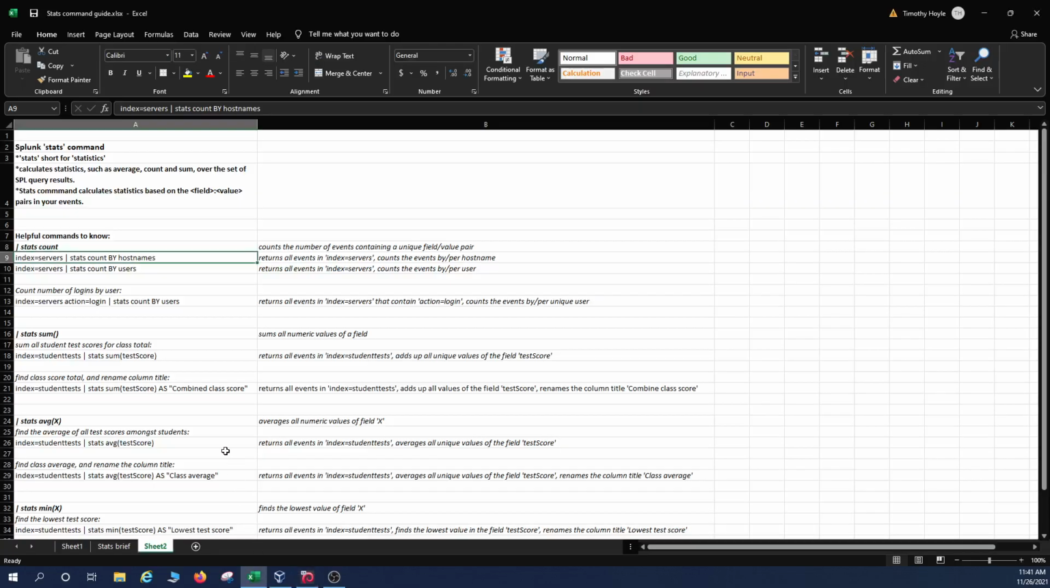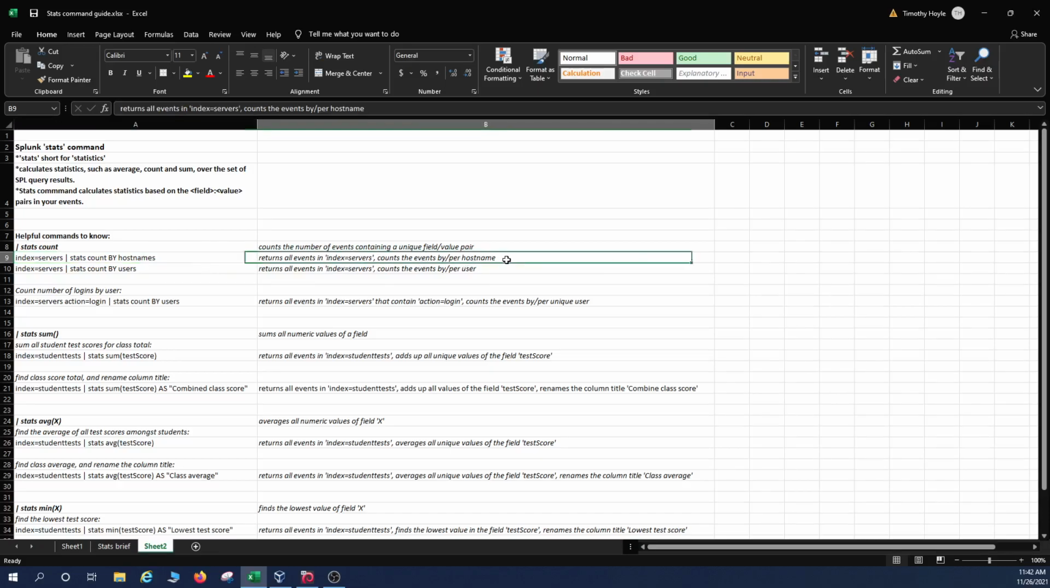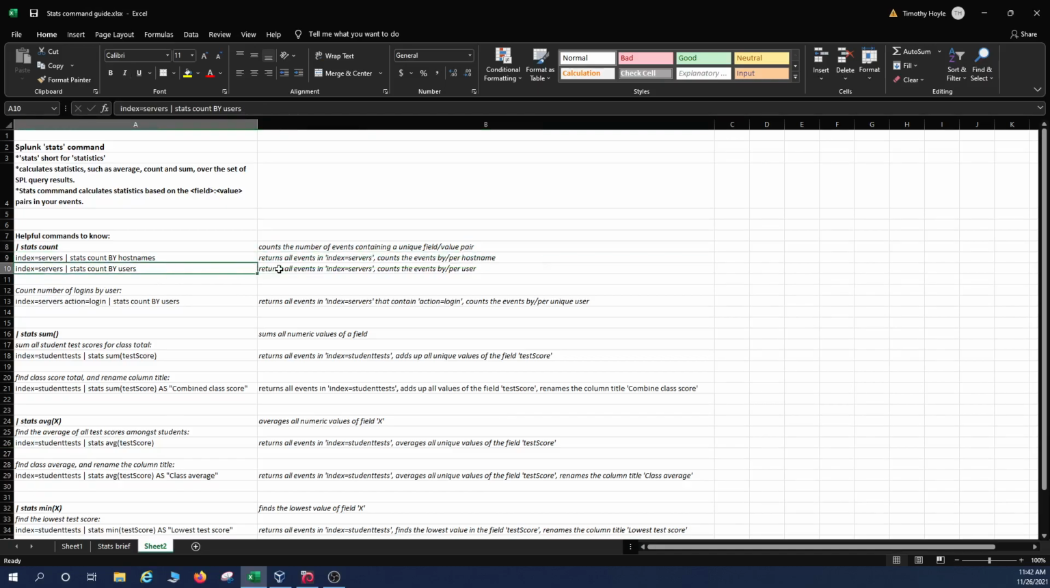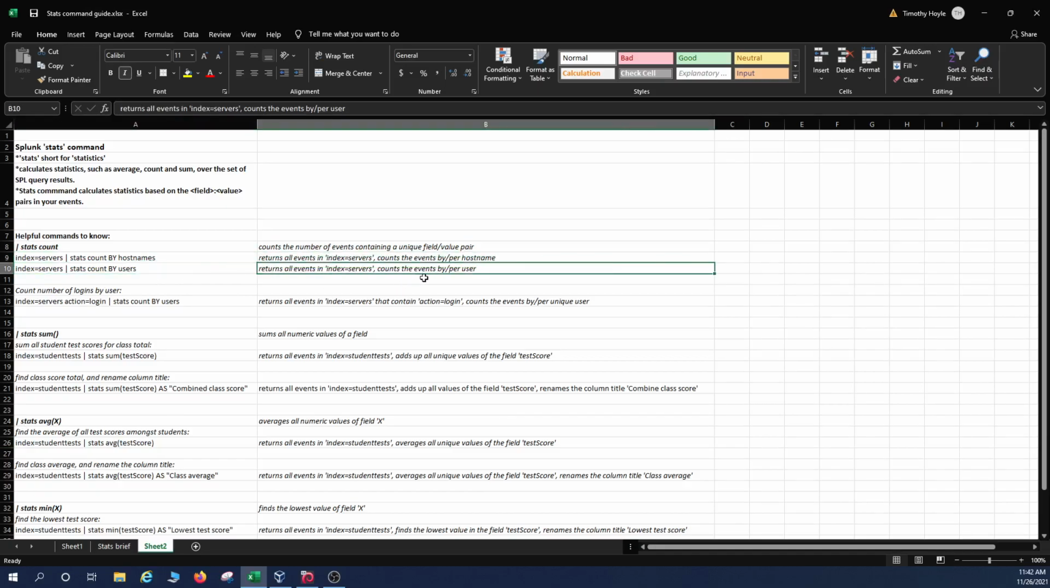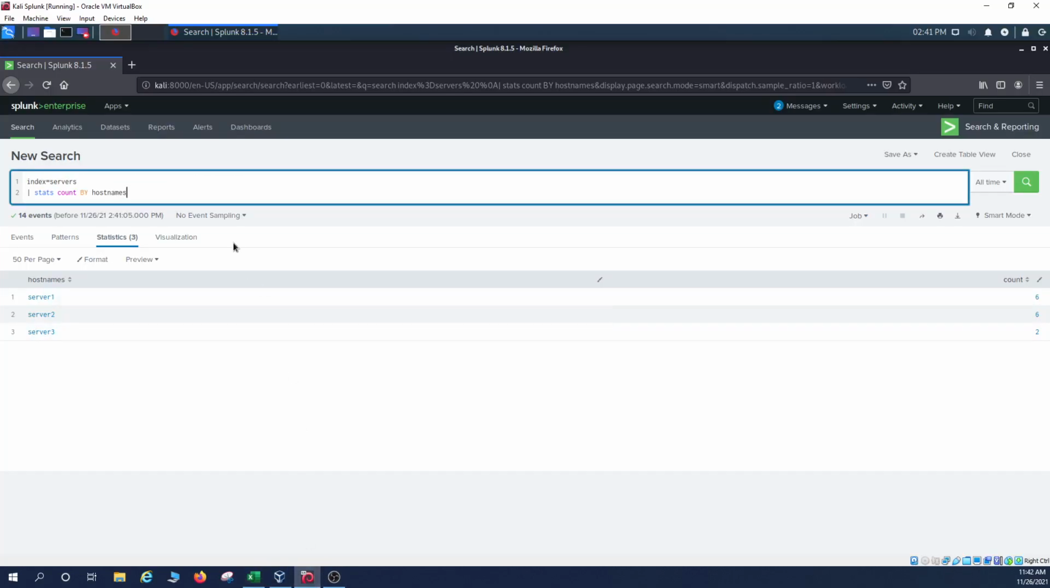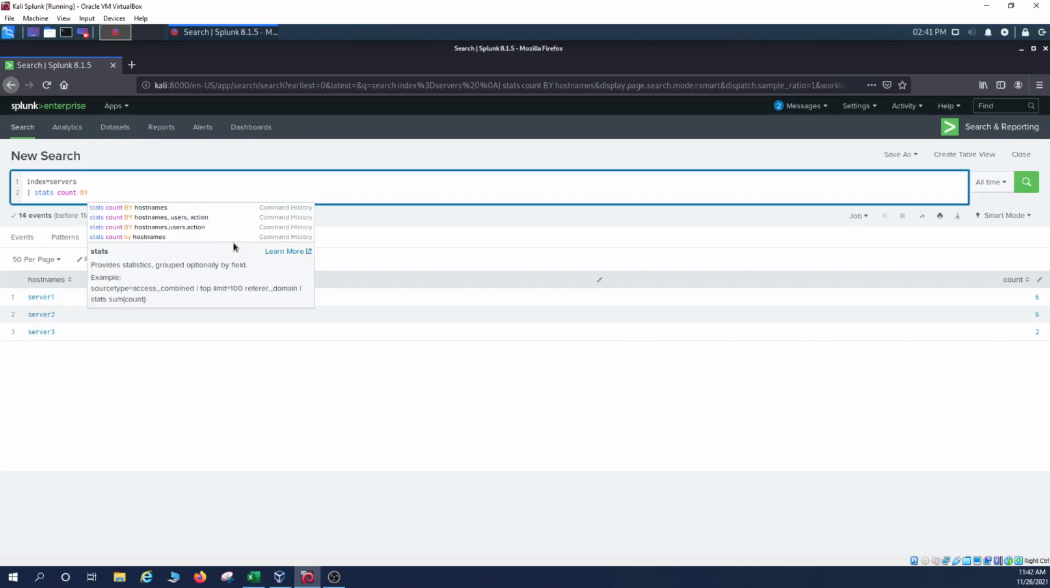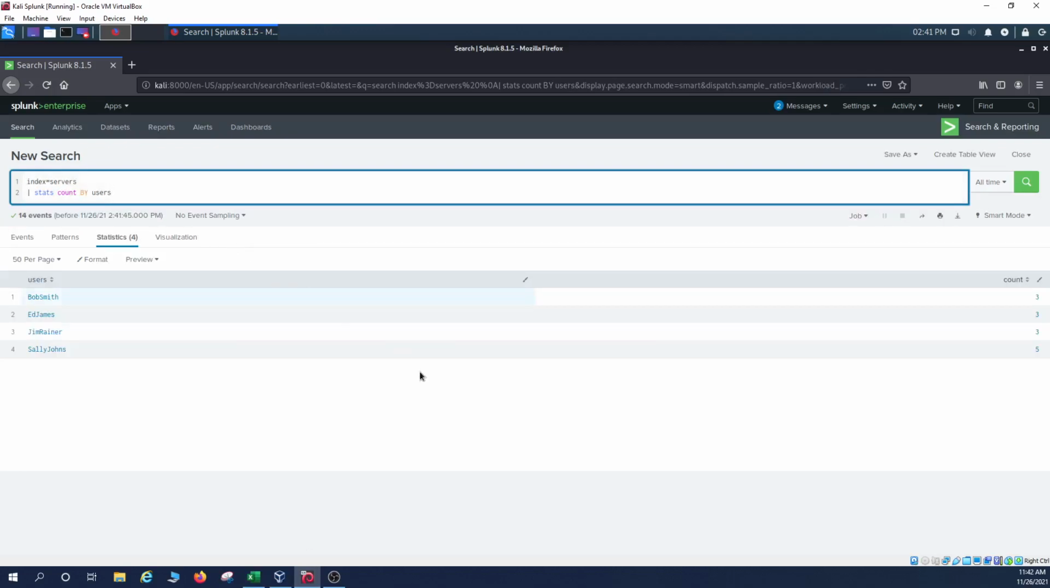So if we go back to this, we see this SPL query returns all events in index equals servers and counts the number of events by or per the host name. Now if we do users, we will count all the events by or per the user. So we'll replace host names with users. And here we see there are 3 events involving the user Bob Smith, 3 events involving Ed James, 5 events